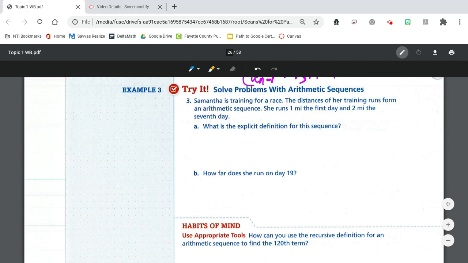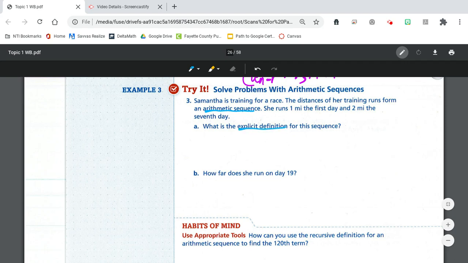Now let's put these two definitions to work with some word problems. So example 3 says Samantha is training for a race. The distances of her training run form an arithmetic sequence. Oh good, that tells me I can use my two formulas, whichever one is going to be more applicable. She runs 1 mile on the first day, 2 miles on the 7th day, and then they want the explicit